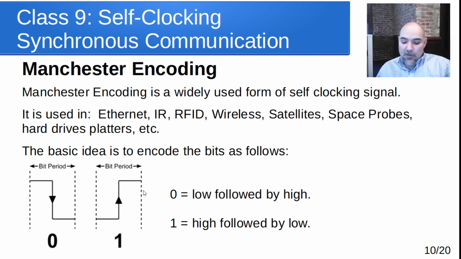Okay, and that brings us to one of the more widely used forms of self-synchronizing or self-clocking signals, and that is a technique called Manchester encoding. Manchester encoding was developed a long time ago for storing data on magnetic media, like magnetic tapes. And the way that it works is, well, before we do that, it's also widely used in